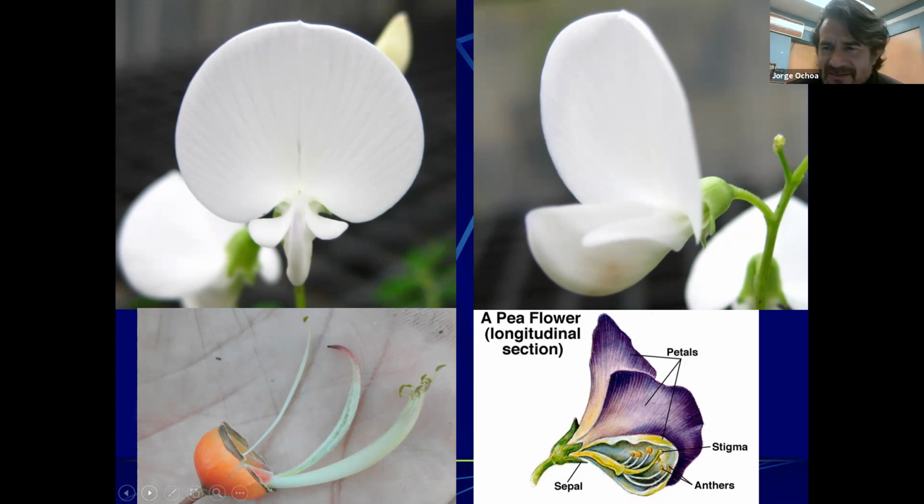And so some plants opted for doing this. In this case, all the reproductive components are found in here, and here's the cross section of that drawing. So the plant will prefer for a bee to open the flower, bring the pollen from a different individual, but in the absence of that, or if it's too difficult, then it will still produce a fruit, and that's why you would always get peas when you plant a pea plant. Even though you might have only one, you're still going to get peas